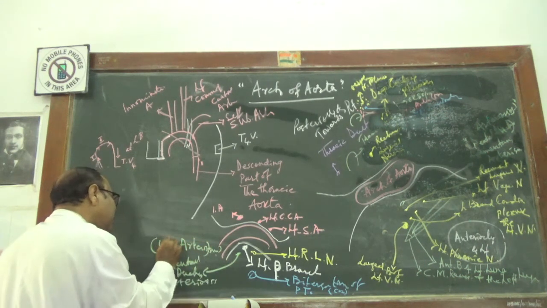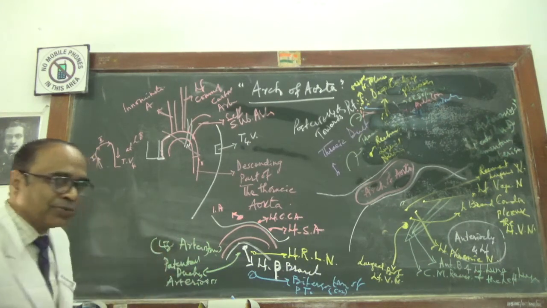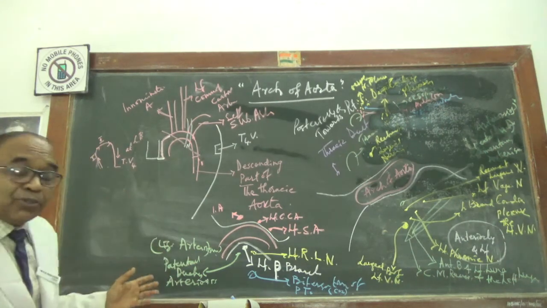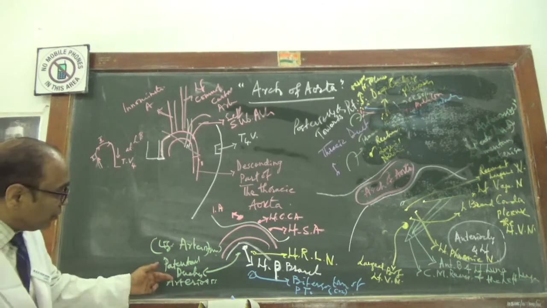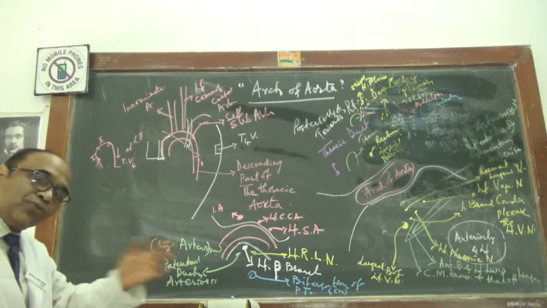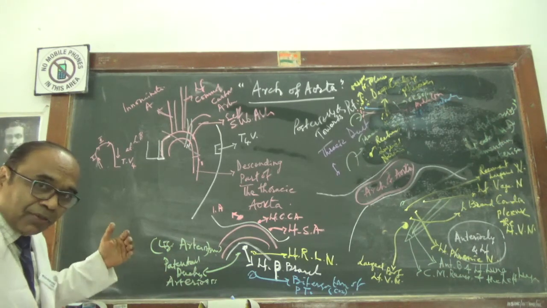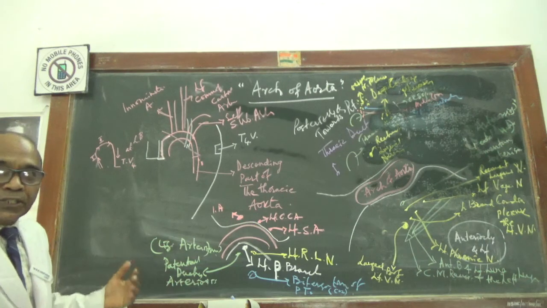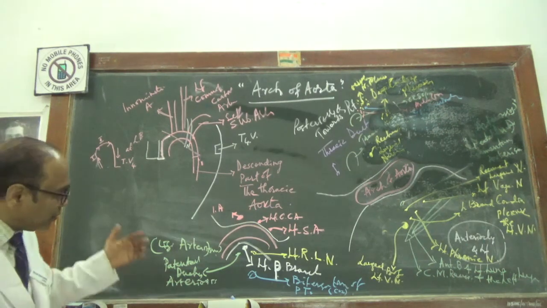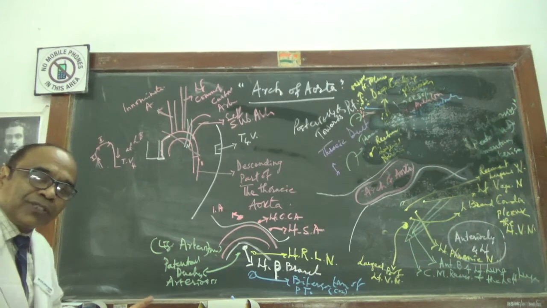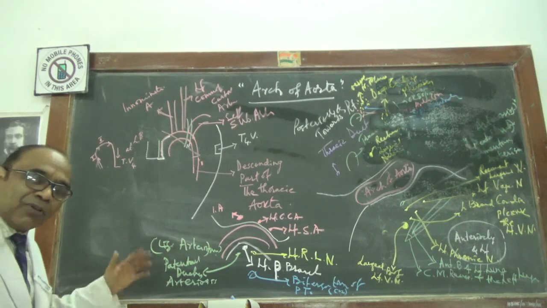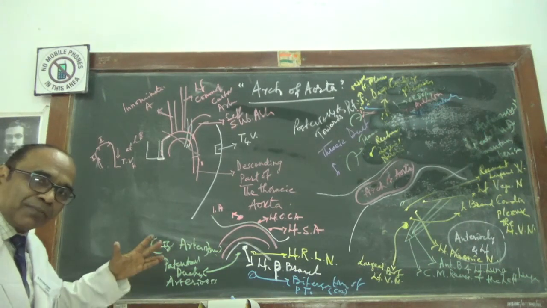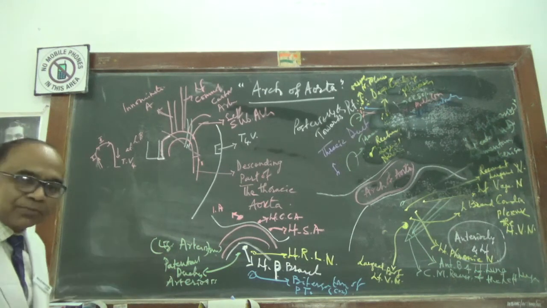Now why is it called a ligamentum arteriosum? At the time of fetal life, this will be a duct, but soon after the birth of the individual or the fetus, from the mother's womb, at the 9th month,